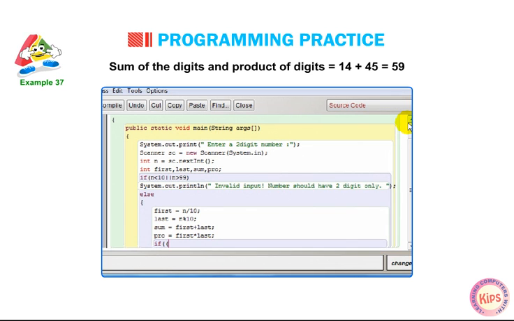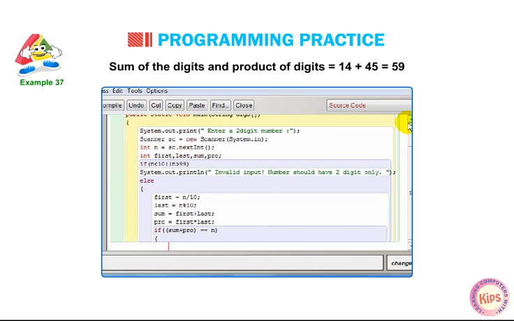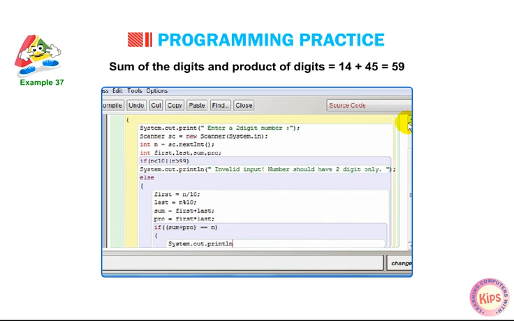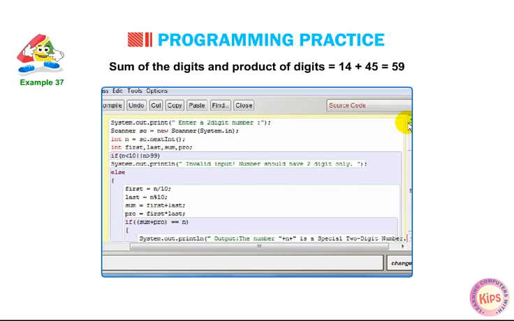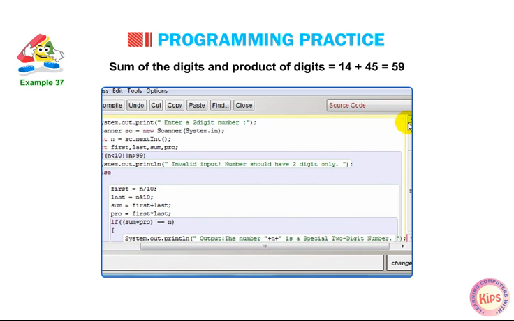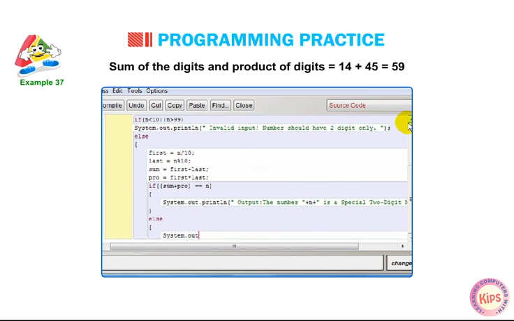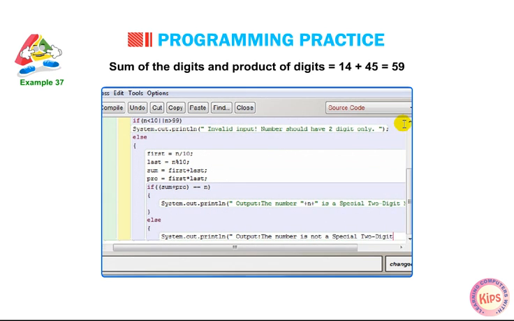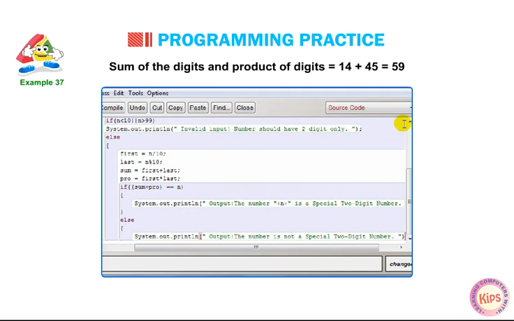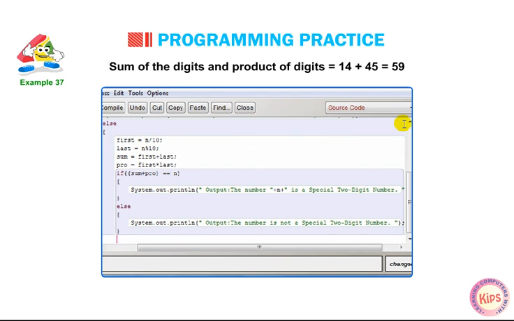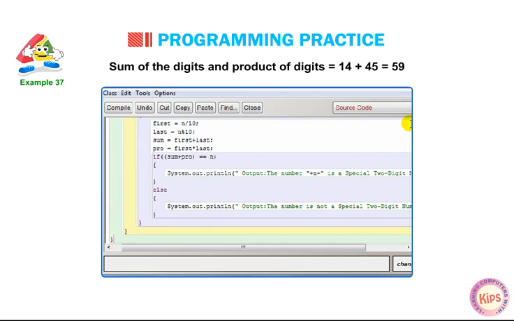if ((sum + pro) == n) { System.out.println("Output: The number " + n + " is a special two-digit number."); } else { System.out.println("Output: The number is not a special two-digit number."); } } } } }